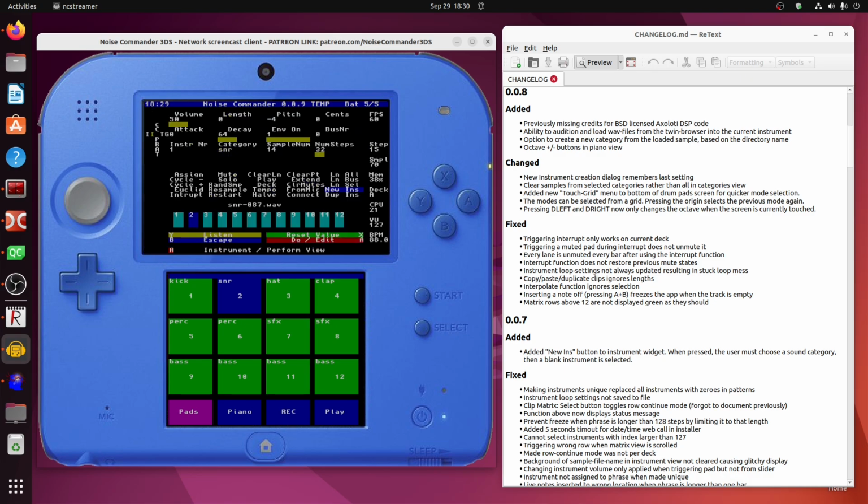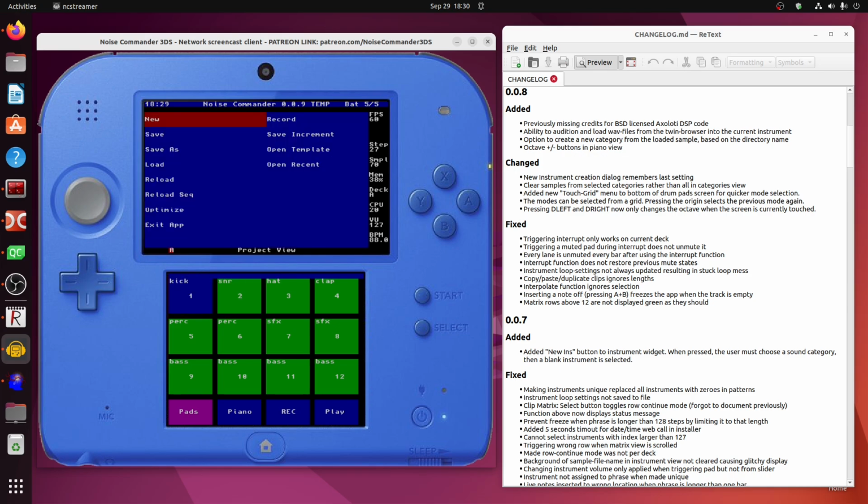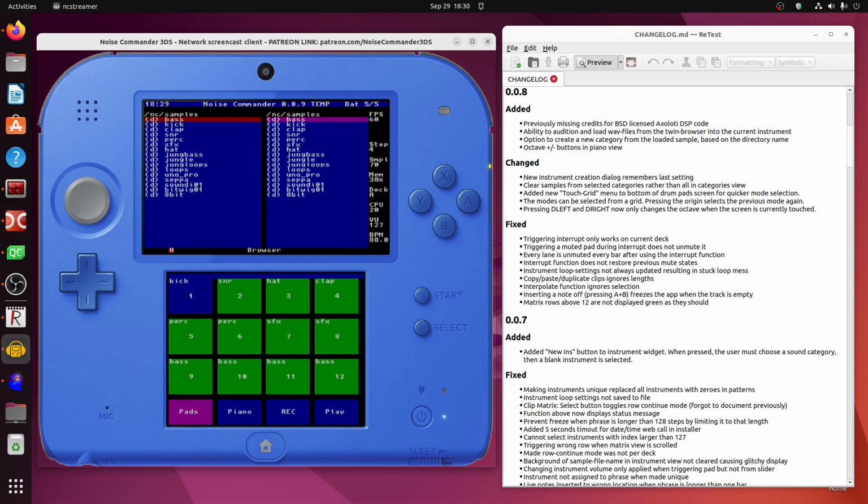Then ability to load WAV files from the file browser into the current instrument. And I think this is pretty huge. At least I thought it would be for new users. So if you go down here into the browser, every time you select a sample, it will be immediately loaded into slot 255. Yeah, and if you press enter, you can